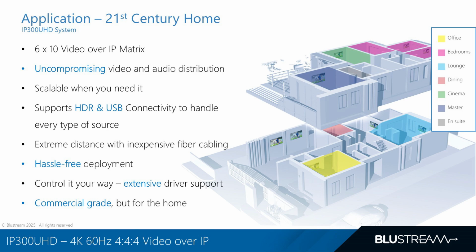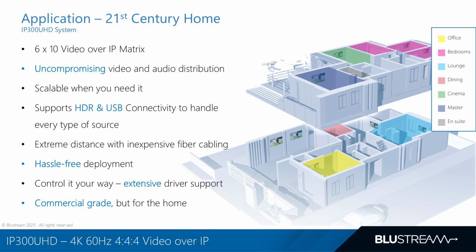This system brings professional-grade quality directly into the living room and every room beyond. What makes this platform so compelling is that you no longer need to choose between, say, 4K and 1080p, or settle for 30 Hz when 60 Hz is the ideal. While others in the 1 gigabit category might offer similar specs, the IP300 UHD does it at one of the most competitive price points in the market, making it a truly smart choice for residential integrators.